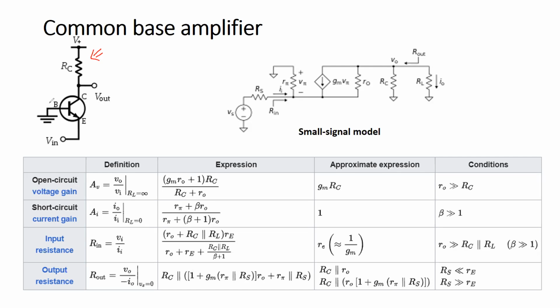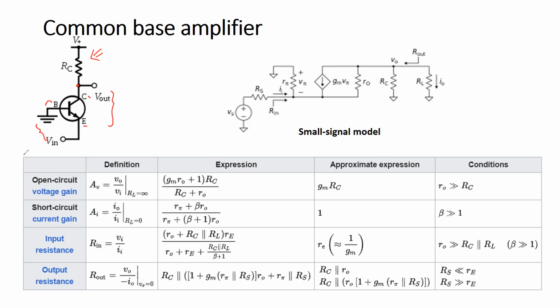We call it common base because the base is connected to the ground, and the emitter is here where you apply an input voltage, and then you have a collector here. So the output is taken from this node, which is the collector. And then resistor RC has one end connected to the collector and the other end tied to the supply voltage. So the input side of the circuit is base to emitter, and the output side of the circuit is collector to emitter, and that is why we call it a